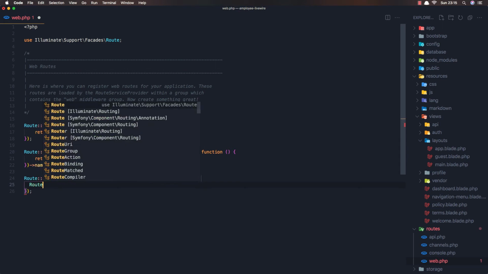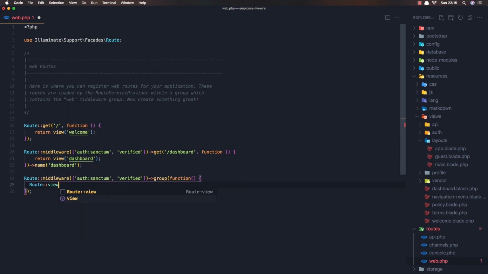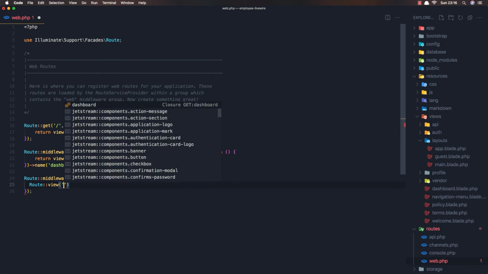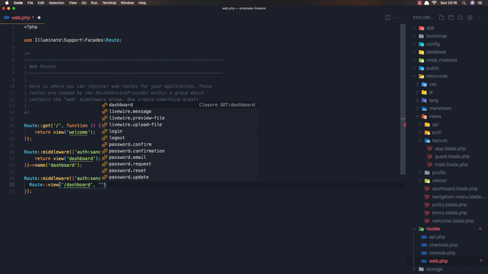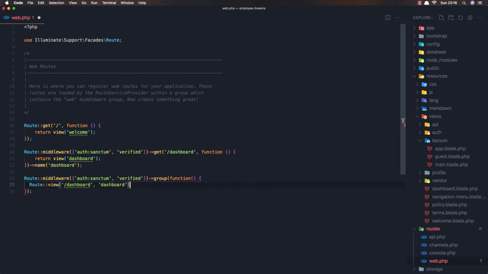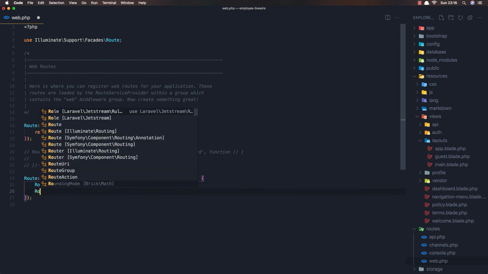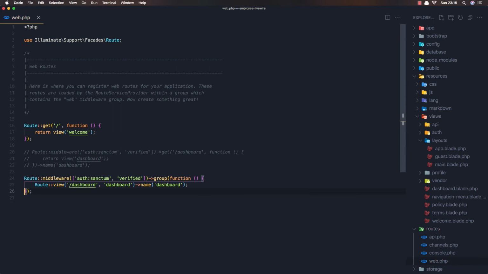So here I'm going to add the route view, and the view is going to be dashboard, and the file is going to be dashboard as well, and I'm going to name it dashboard. Okay, that's it. Now we can remove this. I'm going to comment this route we added in this group, because here I'm going to add the route for the users, but before that I'm going to create the